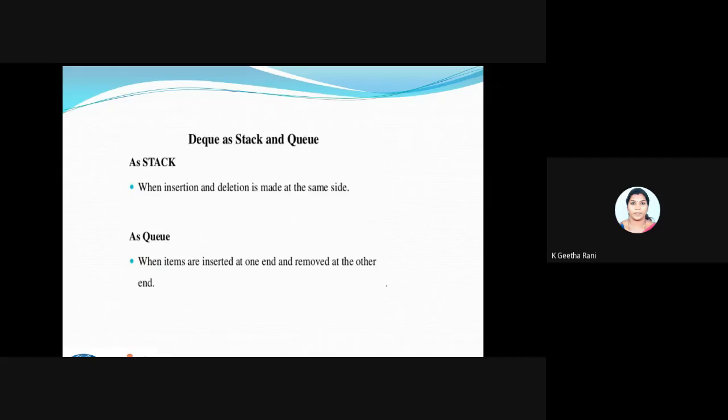Okay, so if you're going to have a stack, assume this is going to be my stack. In a stack, I'll be having only the top end where I can insert the value and where I can pop the value. So we can compare this stack with my DQ. You can take this is my DQ. Fine. So in one end I am able to insert the element as well as delete the element. So it somewhat supports the property of the stack in one end of my DQ.